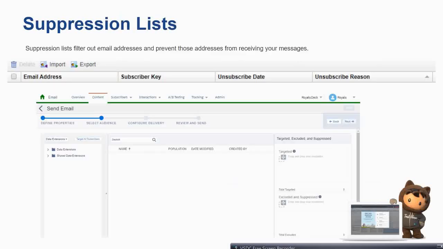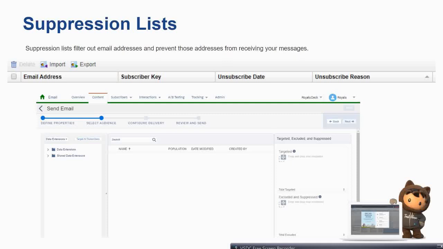So next comes the suppression list. Now what is a suppression list? Let's say you have a large amount of data, and you want to send an email, but you want to exclude all the email IDs which your competitor's business uses.